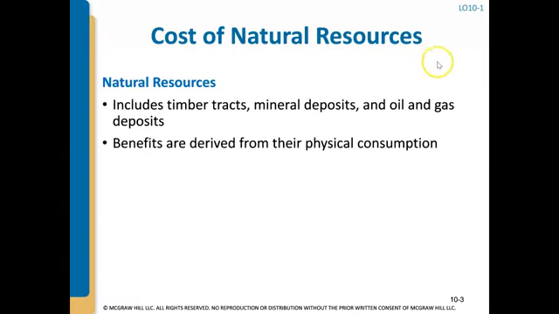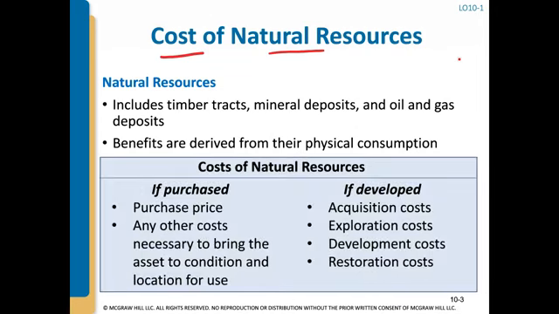Okay, so the question becomes, we need to determine what is the cost of these natural resources when a company acquires them, because once we have the cost, then as they are removed from the ground or wherever it is that we're removing them from, we can expense them on the income statement as depletion. So the costs include the actual purchase price of the timber tract